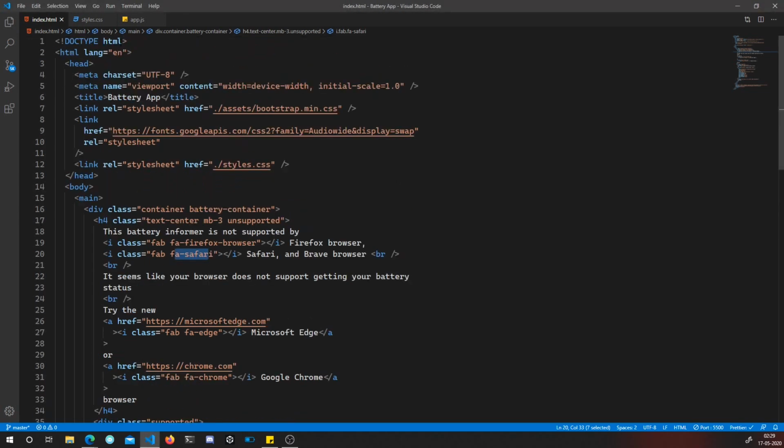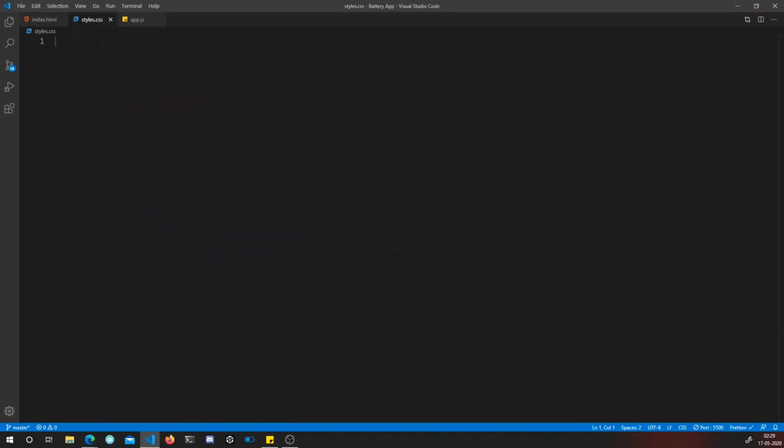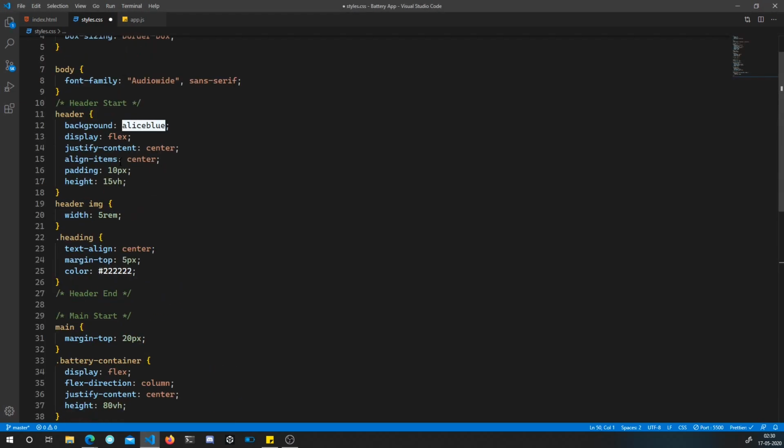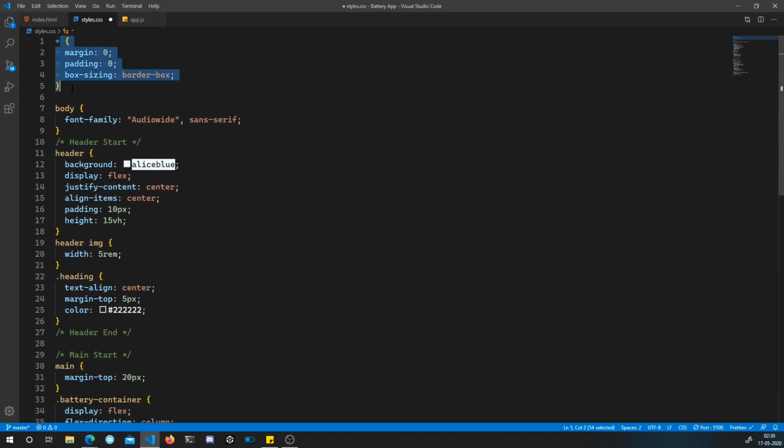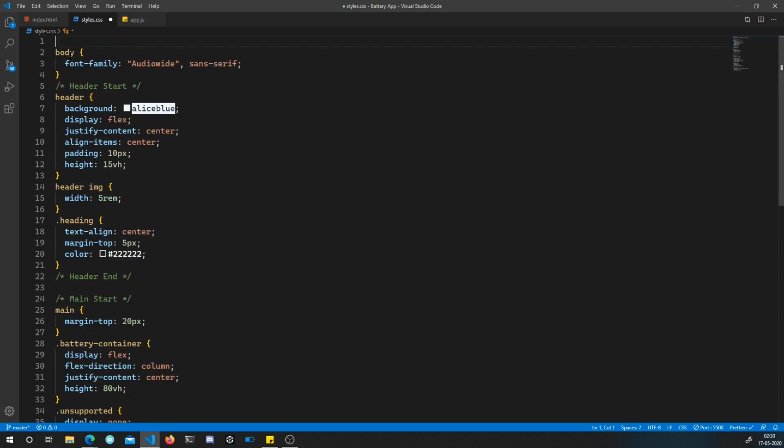Now let's go to styles.css, and again, as I told, I'm just going to copy and paste some code. So let me copy this code. It's very simple CSS. This basically resets the margin and padding, and we don't need it, I think, because Bootstrap does that for us. We are setting the font family Audiowide and sans-serif for our body. And for the header, let's remove these quotes. We don't need them